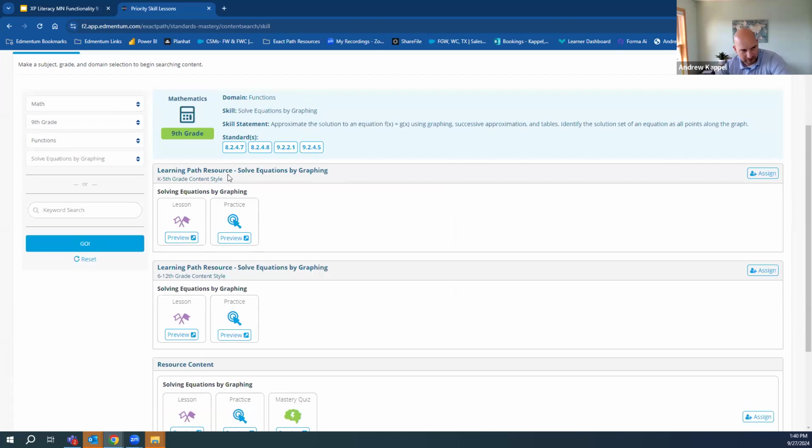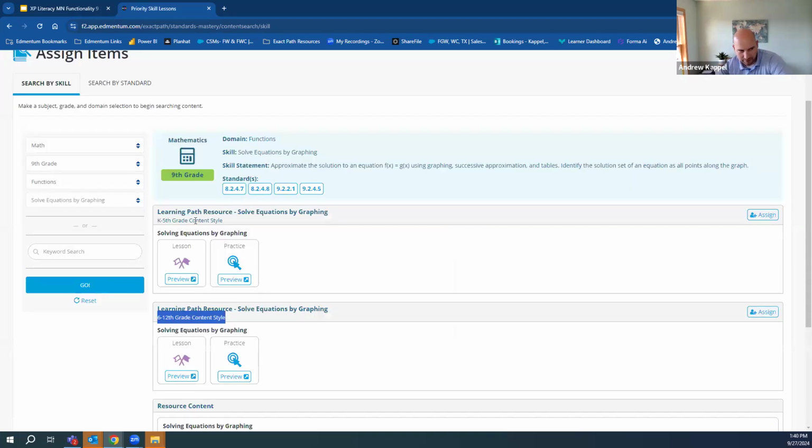One thing to be aware of is it does highlight which learning style the lessons are in. So your 6-12 is that more courseware feel, and K-5 is more of the animated feel that we looked at in the learning path of the student.